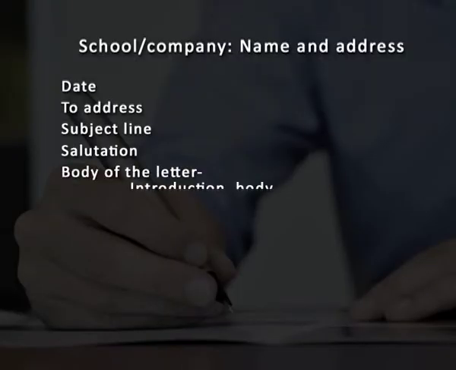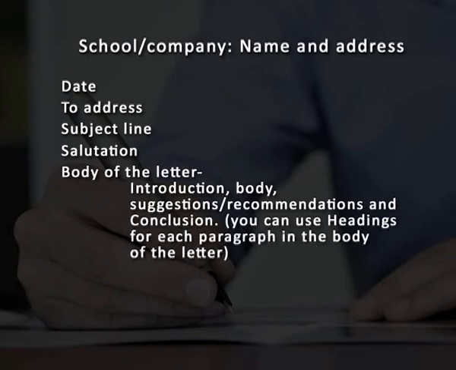Below this comes the body of the letter, and here the body of the letter also should be written in 3 sections: introduction, body and conclusion. Introduction: who asked you to write this report, for what you are writing this report, that is the purpose of writing this report, and when and where did you attend that conference, all the details about the conference, including the number of sessions, number of presentations, the names of the sponsors, names of the organizer, etc.